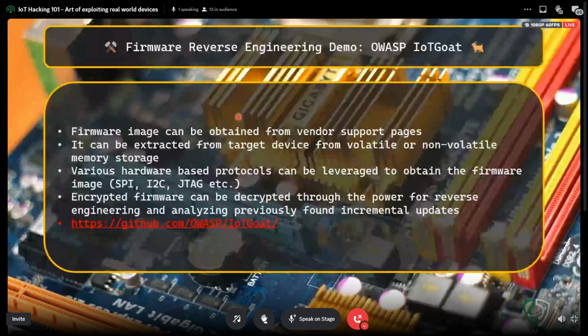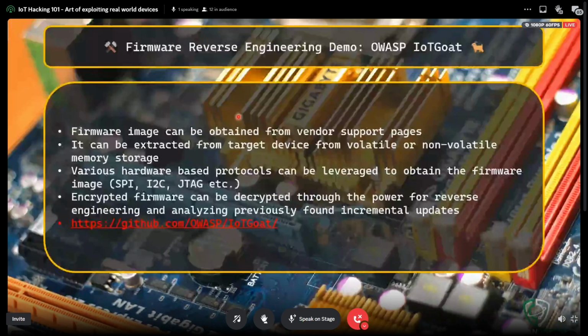Another one would be that sometimes you get an encrypted firmware. If you get an encrypted firmware, you have to decrypt it through thorough reverse engineering. Let's say version 1 was not encrypted, and version 1.1 came as an encrypted firmware.